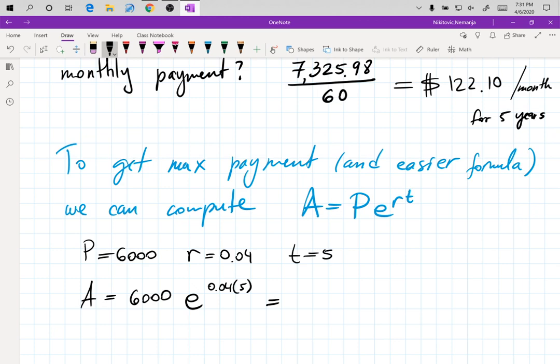So I'm going to use 6,000 E to the 0.2. So I say second division, put caret, and then 0.2, and that should give me